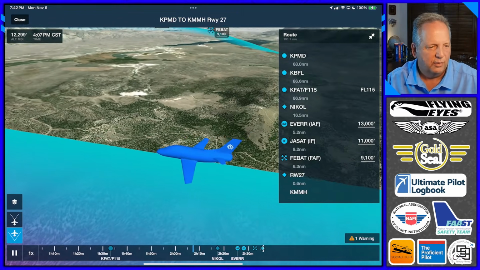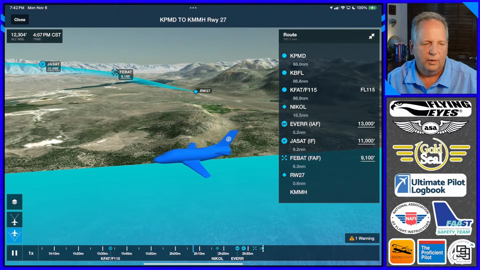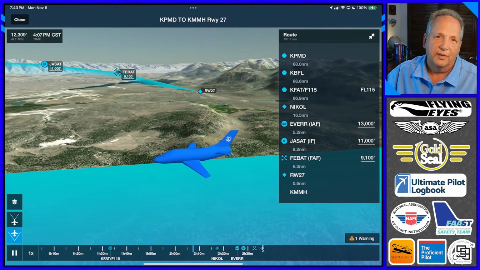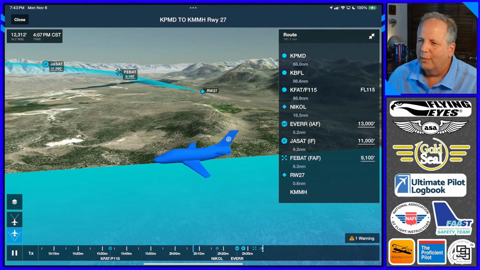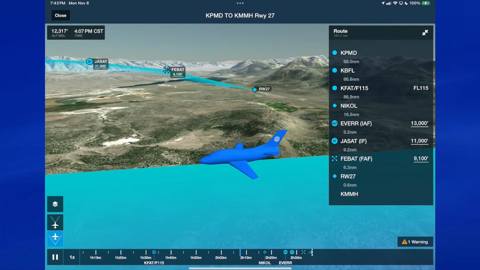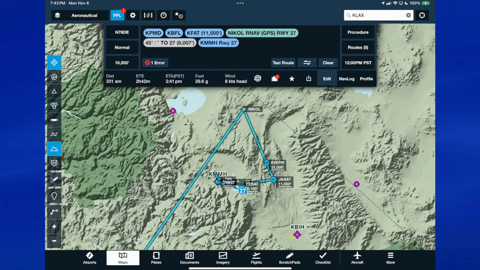I think I can probably circle in this valley, and there's the airport over there to my right. So it's just a way to look at this, before we have to fly there and find out when we get there what it looks like. In any event, that's another feature, again, not available to the basic, but the Pro and above have that one.